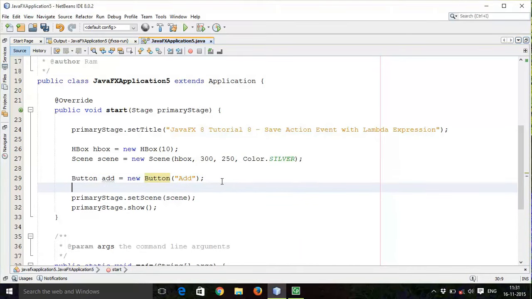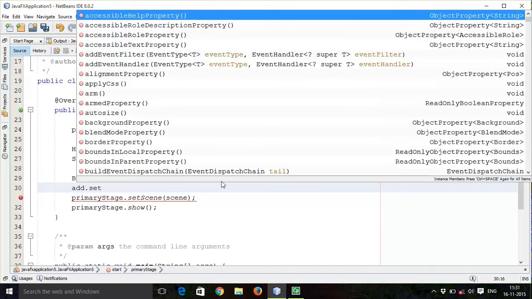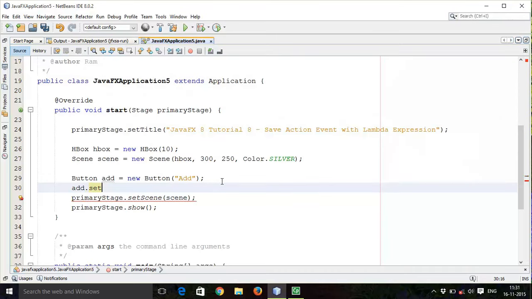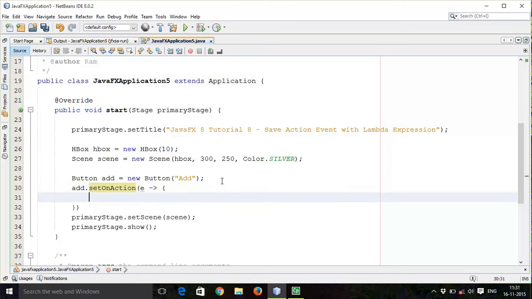Then write an action event for the button. So add dot set on action, then add a lambda expression,